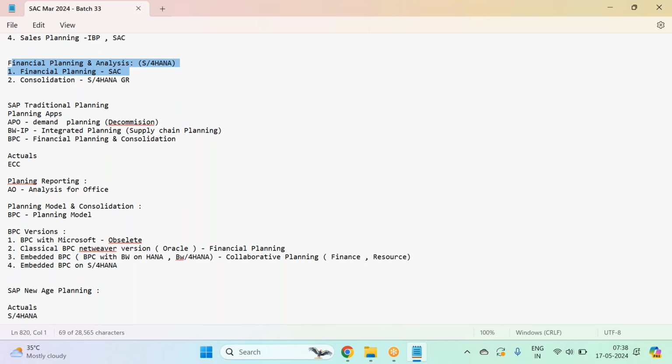So especially in planning projects, you see both the technical consultant and the planning team work in tandem. They both work in sync and get the entire plan ready. Earlier, in BPC, 70% of the work was done by the planning team only. BPC consultants just gave the technical support to plan data. That's it. But now things have changed. A lot of activities are now done by the SAC consultants, especially in planning projects.